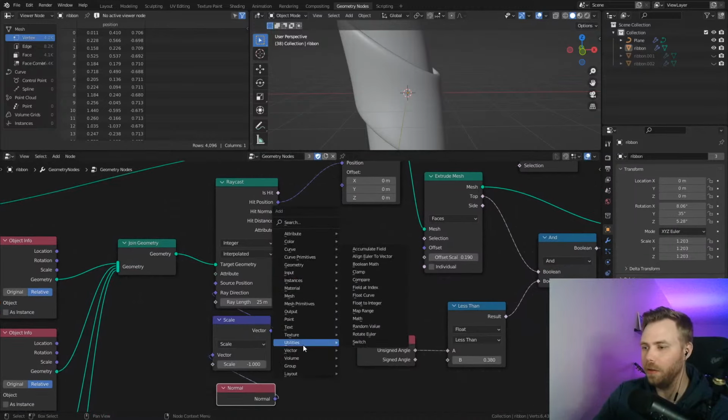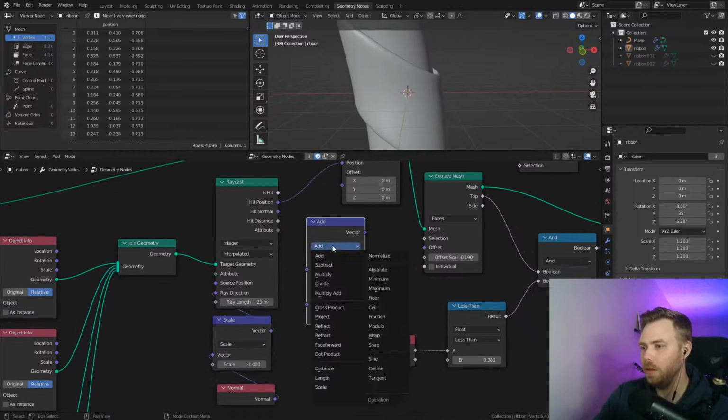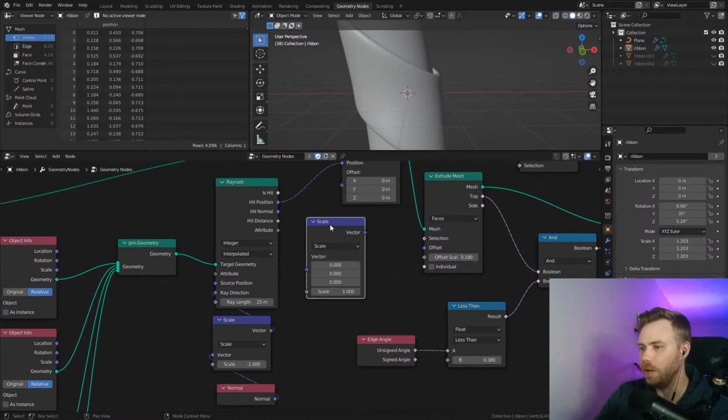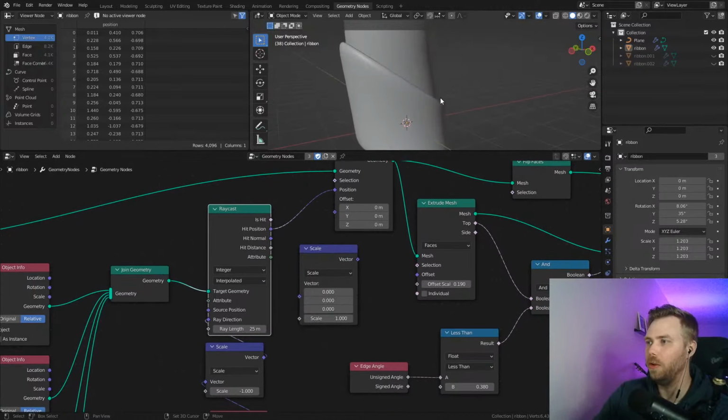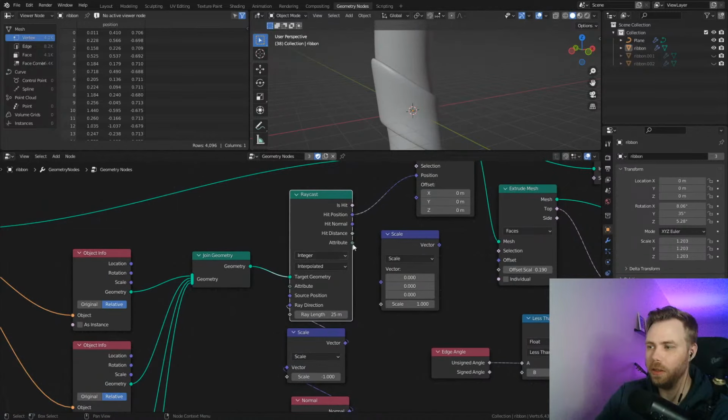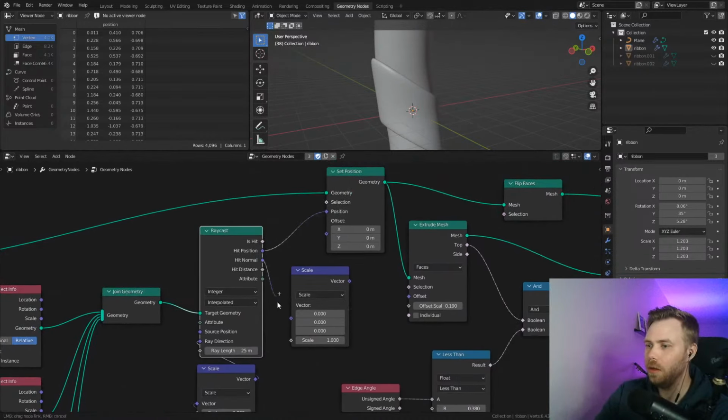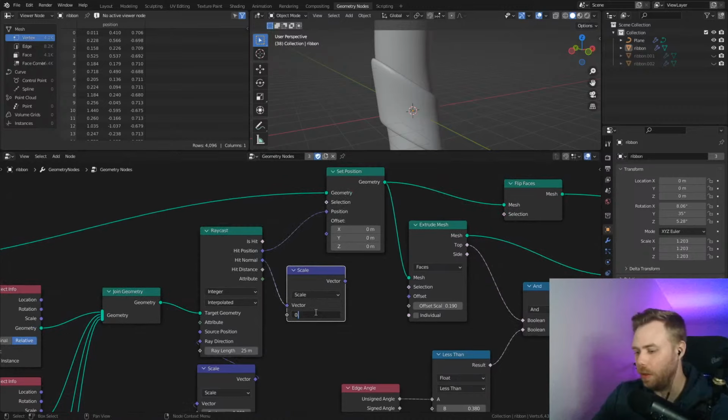And you can use a vector math, multiply, or I guess scale is better. So if you take the hit normal, which is the normal of the face of the target object, which is one of these that you hit, and then you scale it by something like 0.1 and set the offset to that,